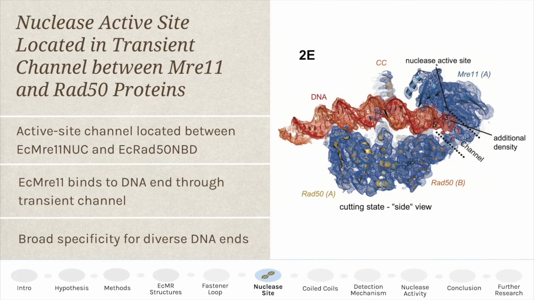DNA. There is a nuclease active site, the location for Mre11 nuclease activity, located in a transient channel between the Mre11 and Rad50 proteins, as shown in the image. Mre11 subunit A holds a DNA end to cut the strand. The DNA end is held in a dimanganese cluster within the nuclease active site to be processed. The transient channel can explain the MR complex's broad specificity for different DNA ends, as the channel can accommodate various